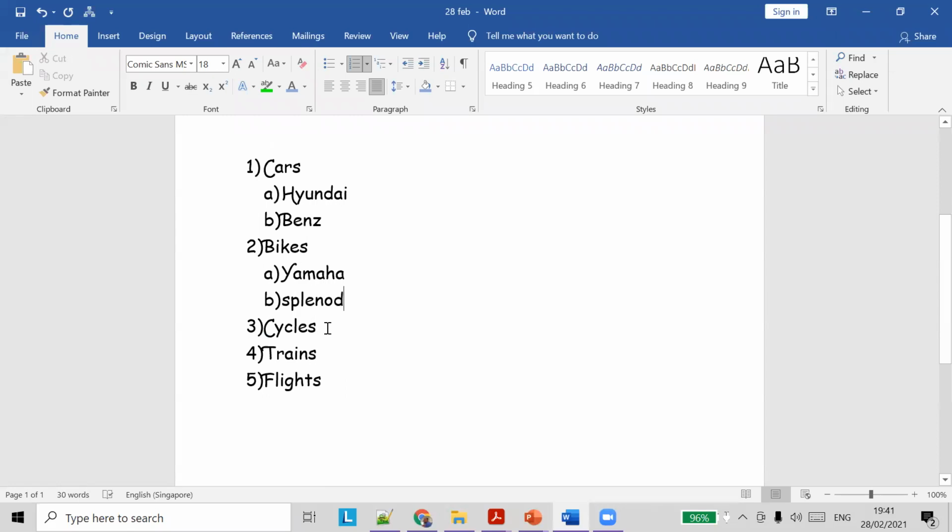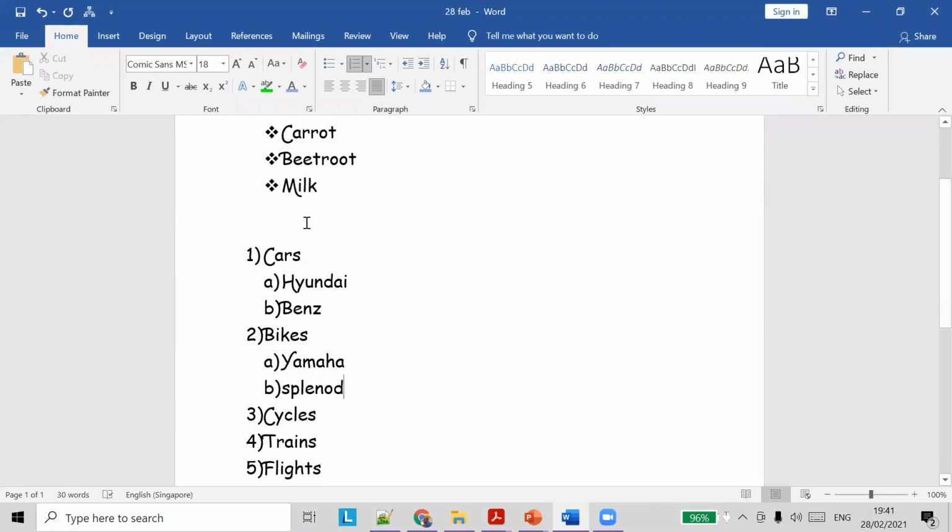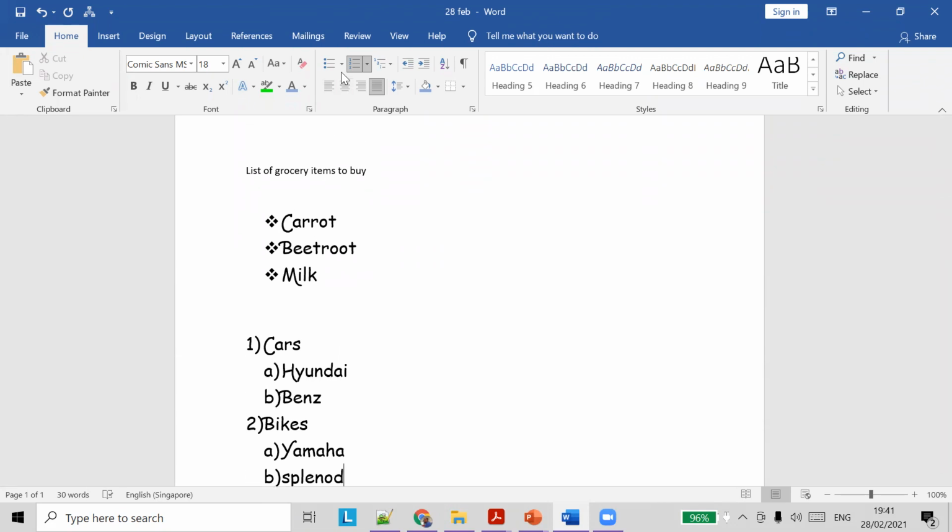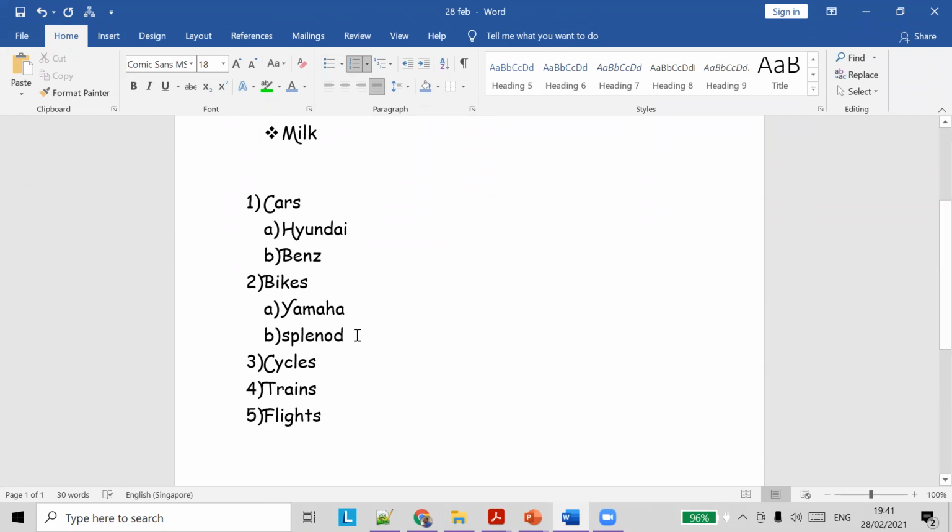This is how you can create a sub list. The important thing to note here is you can have a list of items, and under the list of items you can have a sub list also. How do you create a sub list? You go to the list, click enter, and then press tab. When you do a tab, it changes back to the proper naming. So cycles could be any cycle. This is how you create a sub list of items.